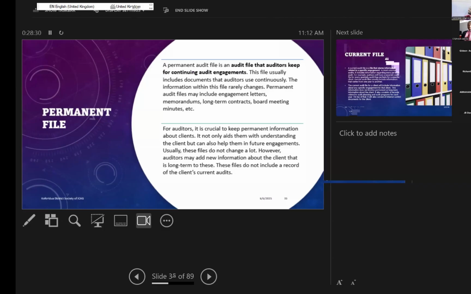Permanent file. Sometimes you need to have a permanent file. These are files with things that don't change. They stay for a very long time. So this file is only one, which may be with the organization or the internal audit. When we are going to the field, we will look at that file. What are the things that are there? Example, the organogram may be in the file. Strategic plan can be in that file, but it doesn't change often. Some strategic plans are 5 years, 3 years, or